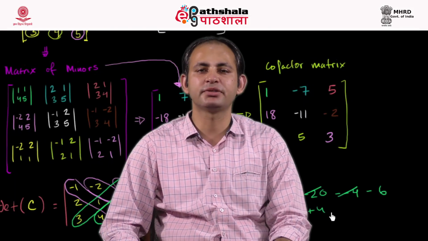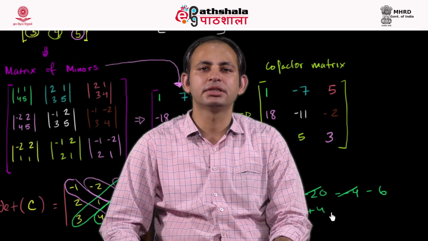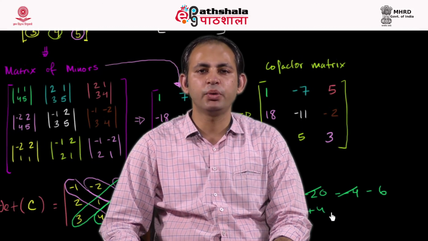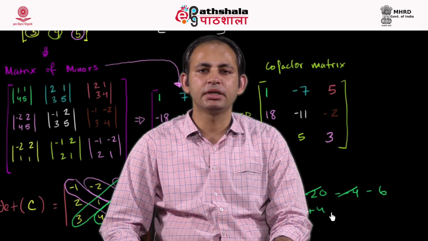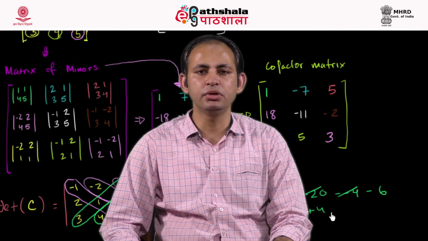So dear students, in this module we talked about some applications of determinants. We have used determinants to find the area of a triangle whose 3 vertices are given. We have also used determinants to find the condition of collinearity of 3 points in a plane. Then we used determinants to find the equation of a line which passes through 2 given points. Then we used determinants in Cramer's rule. Cramer's rule is a method to find the solution of a linear system of equations.